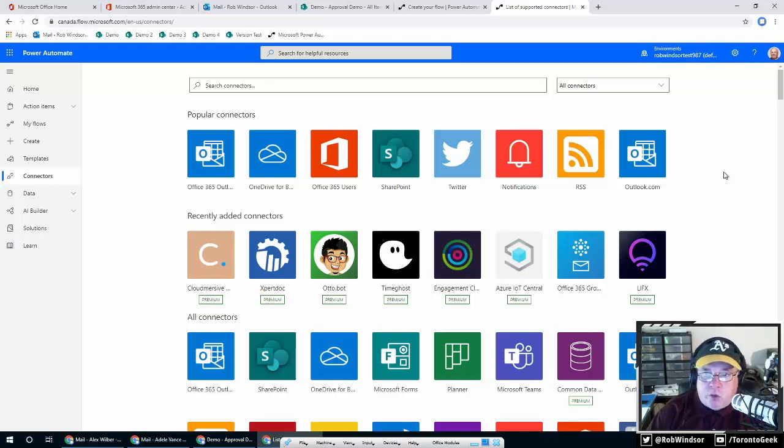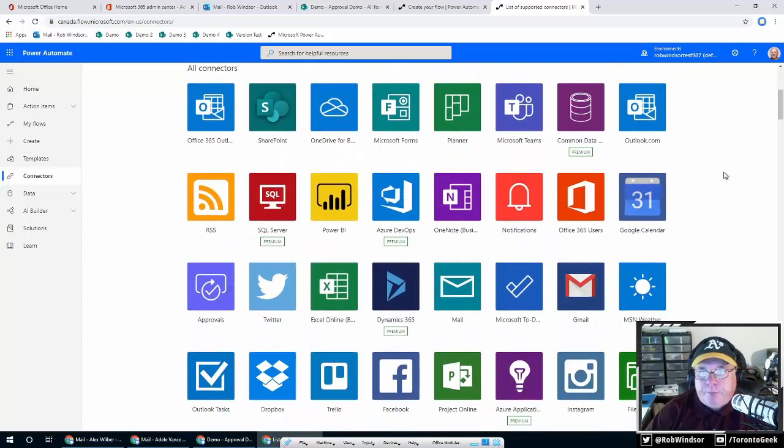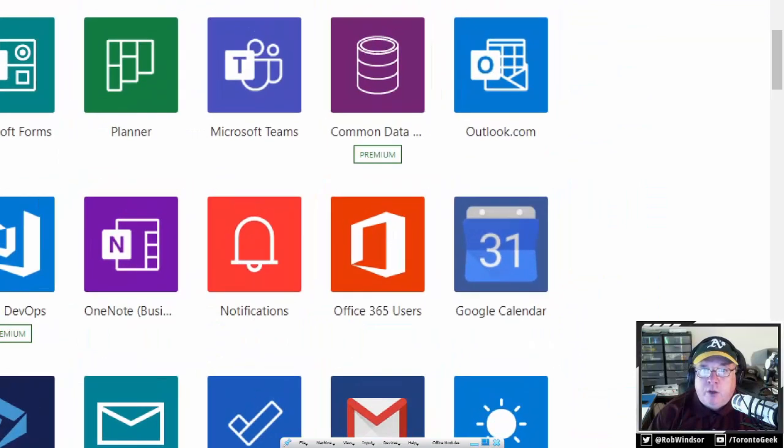So you can see there's Twitter there. You can connect to Salesforce. You can connect to ServiceNow. You can connect to some of the Google services like Google Drive, and so on. Okay. And if you notice, some of these connectors are marked as premium. So for example, over here, the Common Data Service is marked as a premium connector. Right? So what that means is that